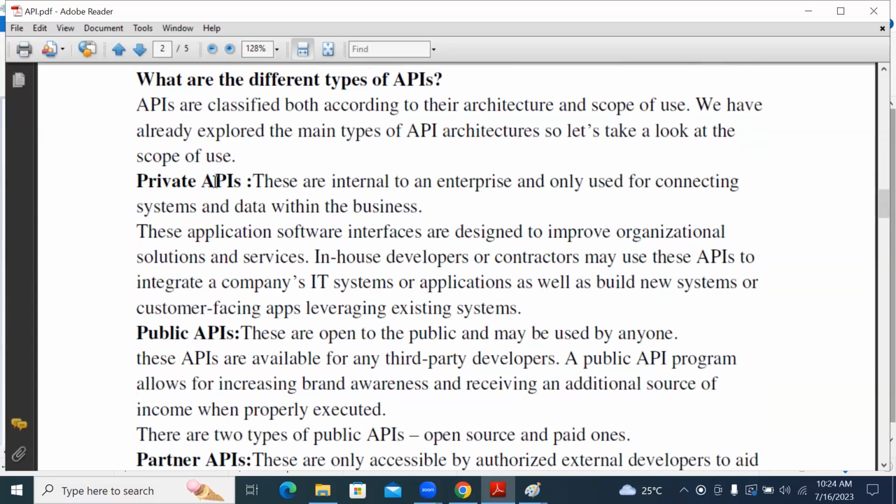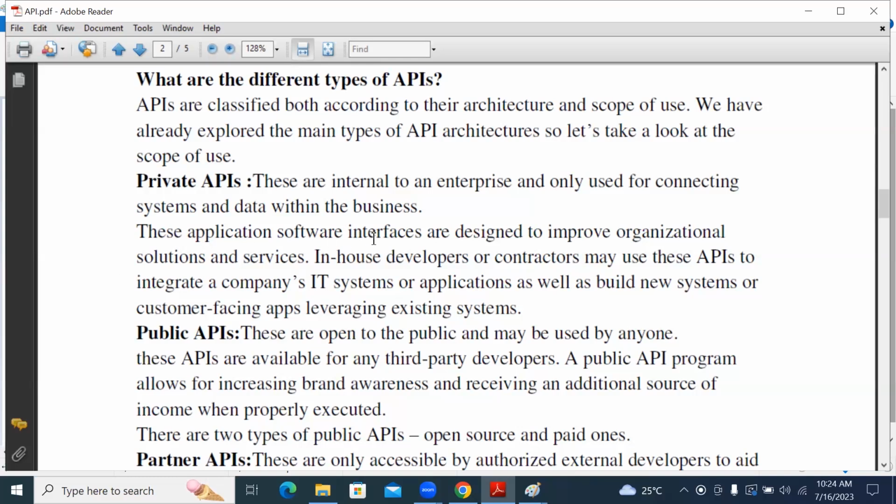These private APIs are used internally, related to that specific company and that specific business only, not outside of it.